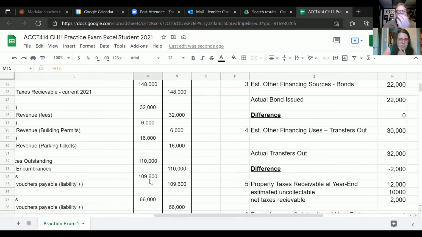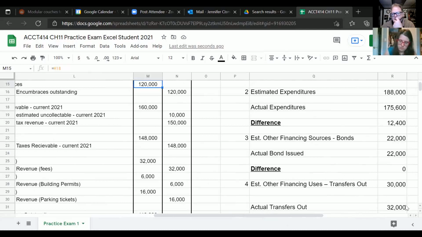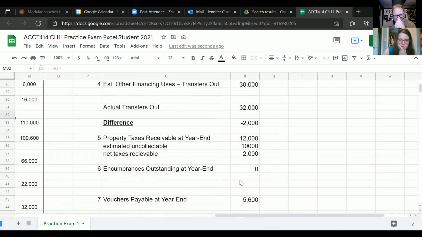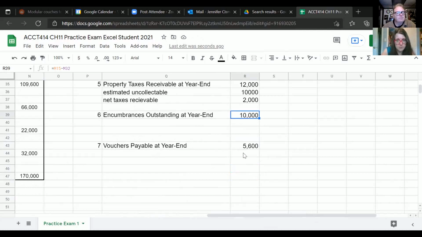Okay, so 120 minus the 110, the encumbrances outstanding, so it's actually 10,000 for that. So net taxes receivable of 2,000, encumbrances outstanding 10,000, and then vouchers payable was